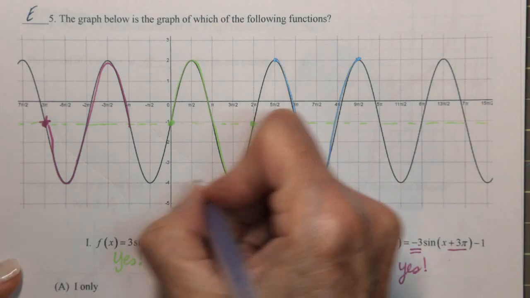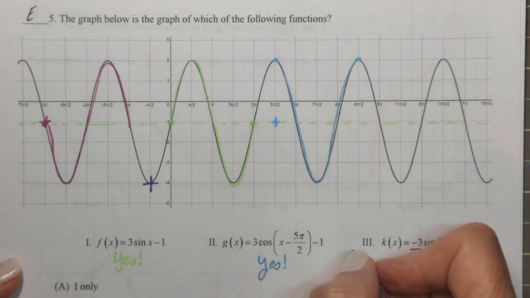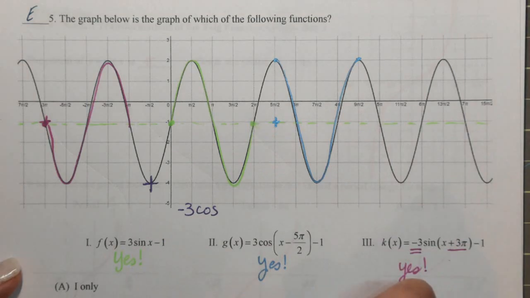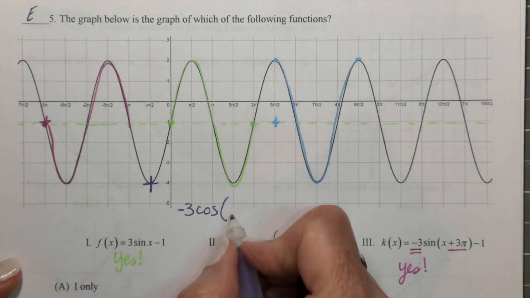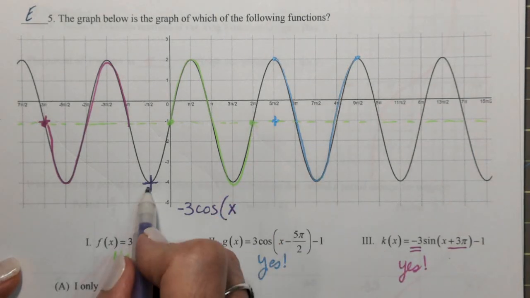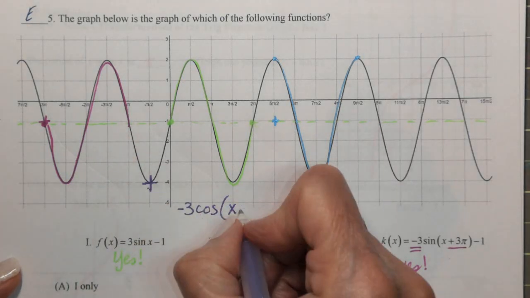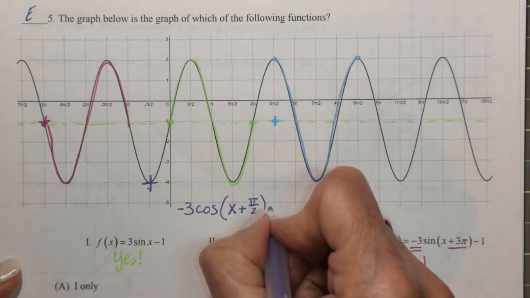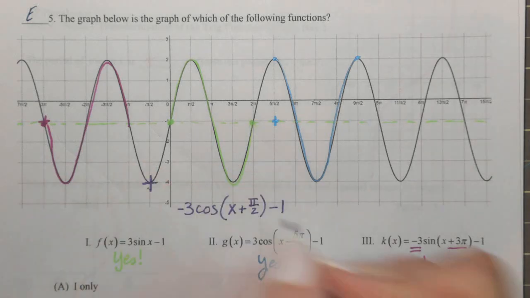I might force my starting point to be right here. That would be a -3 cosine curve, true? The period is 2 pi, so I don't need a number in front of my x. My starting point is to the left pi over 2 units. So I would plus pi over 2 here, and then minus 1 for my shift down 1, for my center line being down 1. So this would be